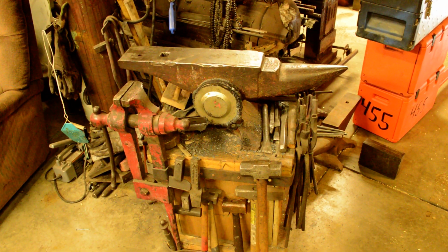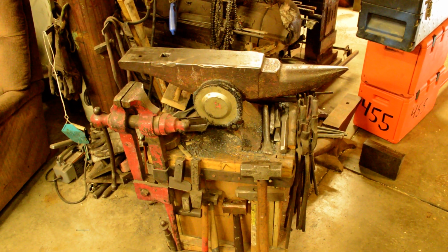Anyway, hope you enjoyed the video. I hope you are able to find a nice anvil, and when you do and you bring it home, try making one of these anvil stands. It'll cost a little bit for the concrete, so it's a lot more expensive than just an old stump. But man, when you get your anvil stand, it has a lot of weight in it, and your anvil's got a lot of weight in it, and it's all set up right,